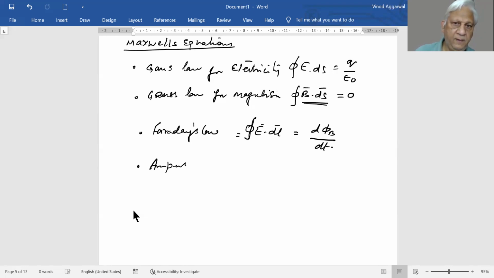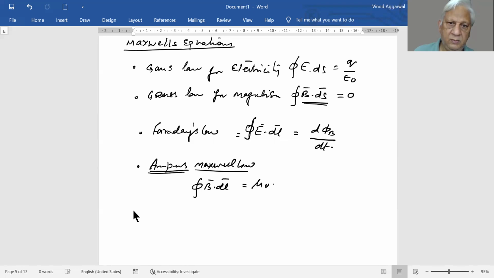And lastly, Ampere's law. Now Maxwell slightly modified Ampere's law to get away with the condition that the electrical field should be constant. It may not be constant. If it's not constant, we can still use B dot dl over the loop as our previous expression plus a displacement current portion, which is